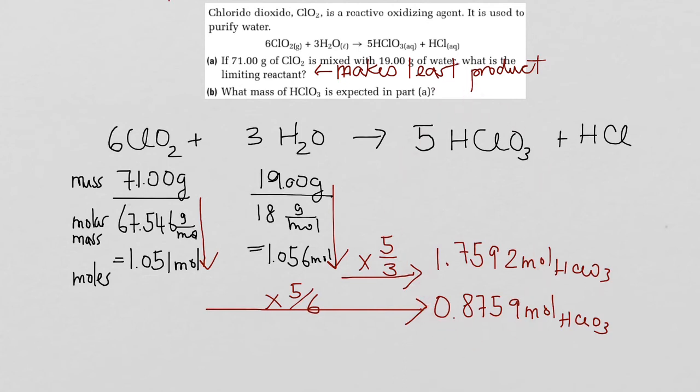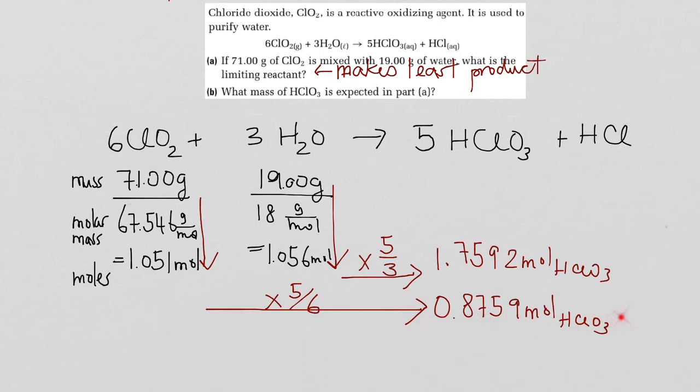So the purpose of multiplying by a mole ratio is to figure out how many moles of HClO3, chloric acid, you will make. So this tells us that this amount of water will make 1.7592 moles, and this amount of chlorine dioxide will allow us to make